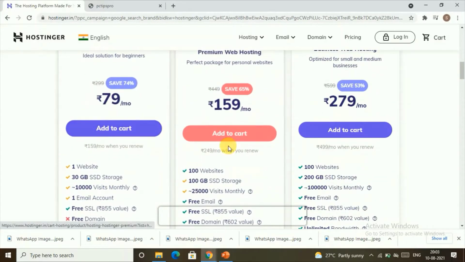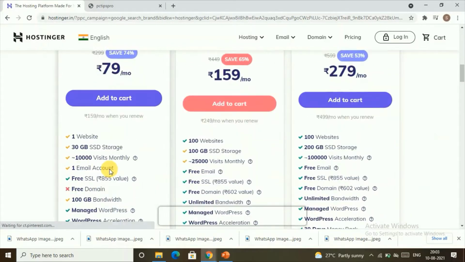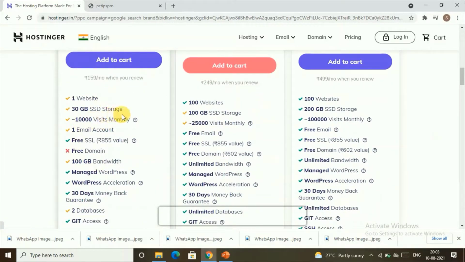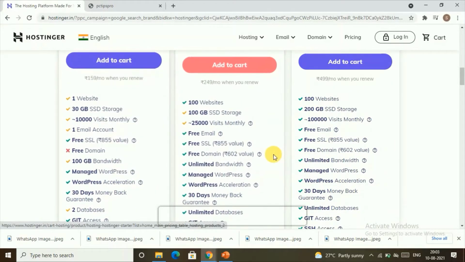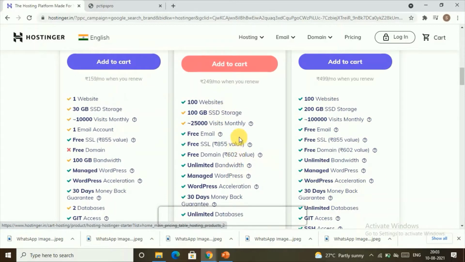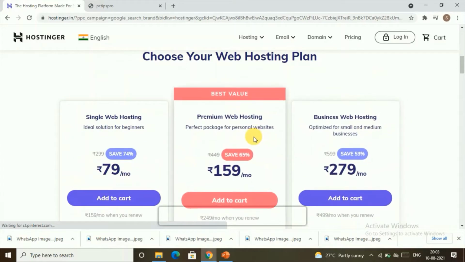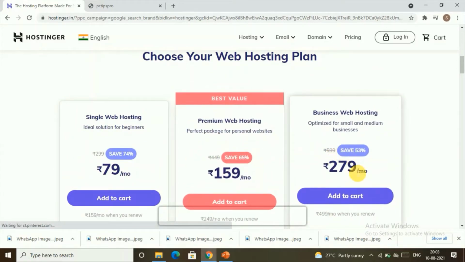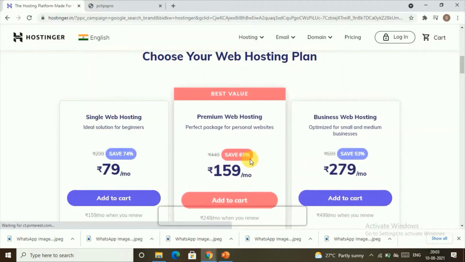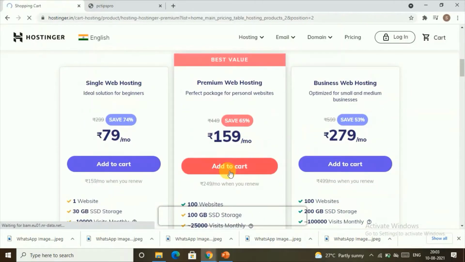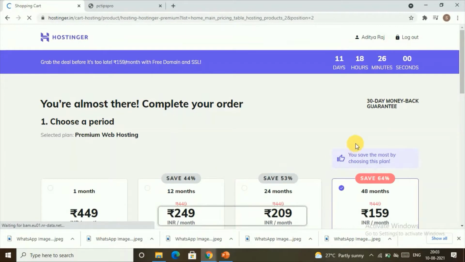You have many features over here, like one website and 30 GB SSD storage and many more. And here you get a free domain, free SSL also. So you can choose one among these three. We can go with this premium web hosting, and you can even go with the business web hosting. It's all up to you. So we'll go with this. We'll click on add to cart, and then